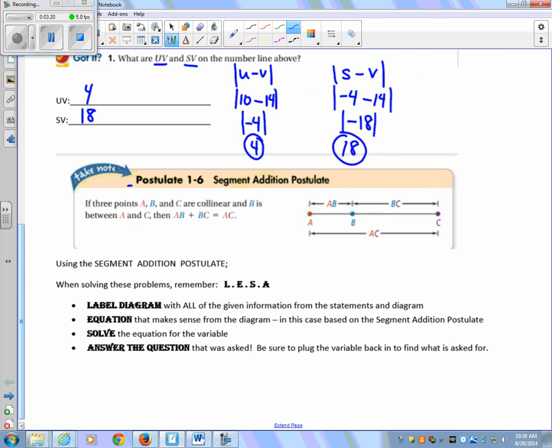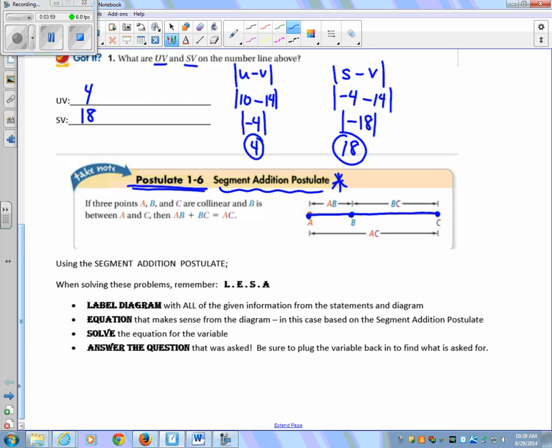We have here a postulate. We've talked about postulates before. Segment addition postulate is going to be a very important postulate for us to help us solve for the lengths of segments. If we have a situation like in this diagram here, where we have a line segment, in this case AC, but it's got a point right on that line segment, so a collinear point that's sort of separating that segment into sections. In that case, we're going to be able to apply the segment addition postulate, which says